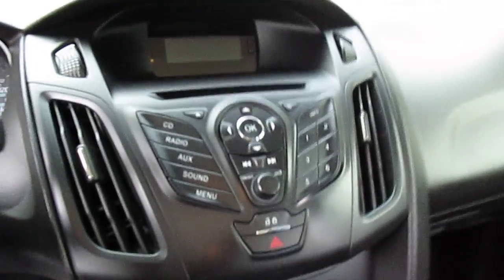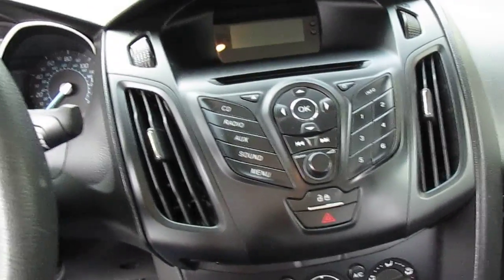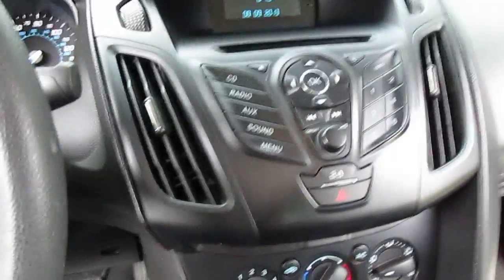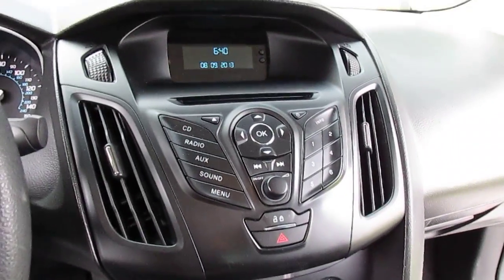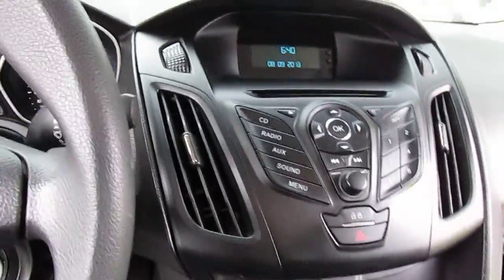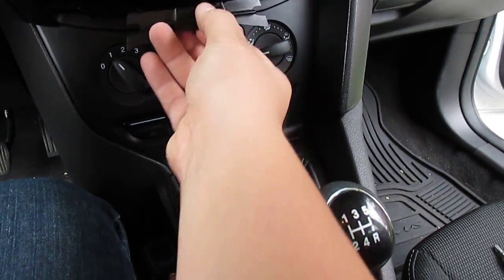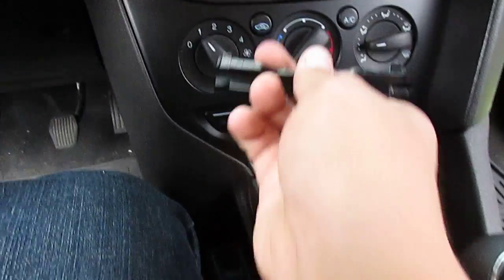Alright, I already took the screws out of the radio. So this is the base model. As you can see, I got no fancy buttons anywhere. So if you have this stereo or any stereo without an amp, I think everything I'm about to tell you is going to work. So to take this apart, if you haven't taken it apart yet, this little plastic piece